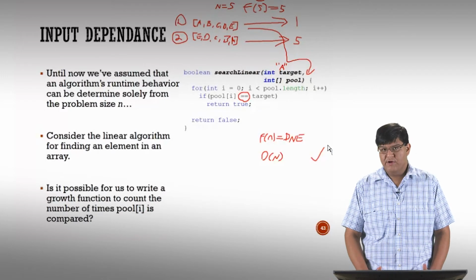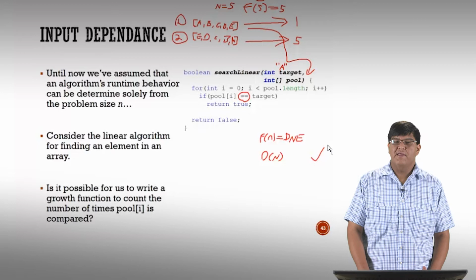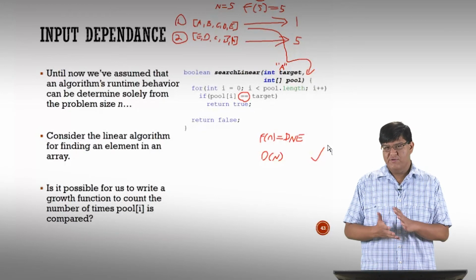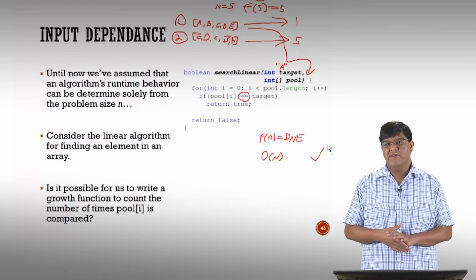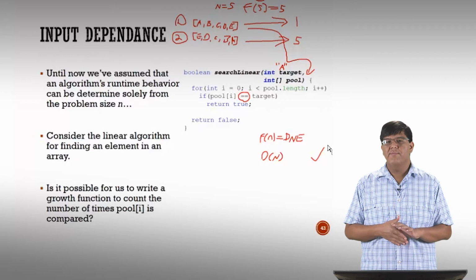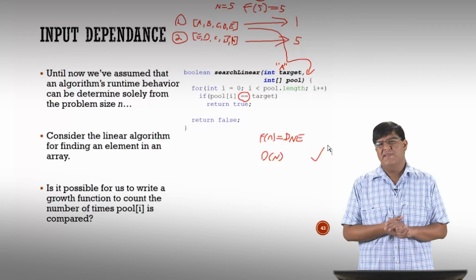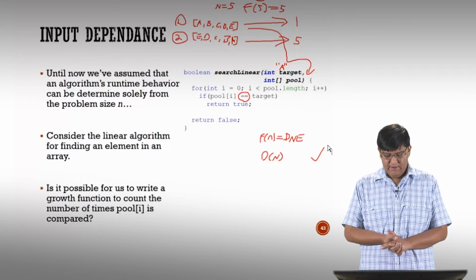But again, the issue is that our straight up growth function simply does not exist, because the function basically isn't predictable enough, right? The amount of work it has to do isn't predictable from the input size alone, right? From the size of that array. And that is an issue. One thing we could do,